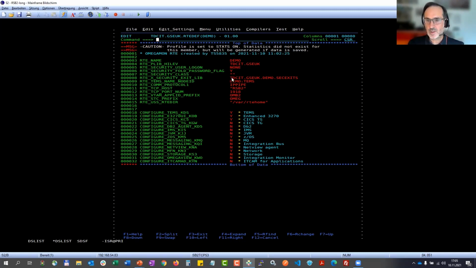You see the reference to the security exit library here, the data set that I mentioned. If you decide, for example, to have one sec exit for all your RTEs, you can just remove the RTE name mid-level qualifier and have them all point to the same sec exits to achieve a common configuration from that perspective. So besides some high-level qualifier specifications, you have a block on security parameters that you should think about